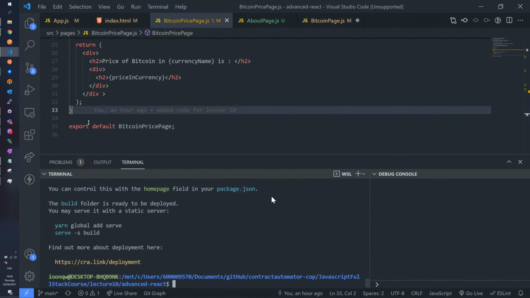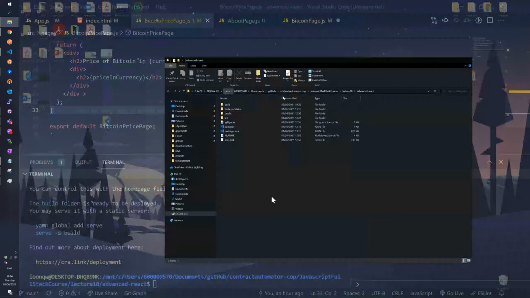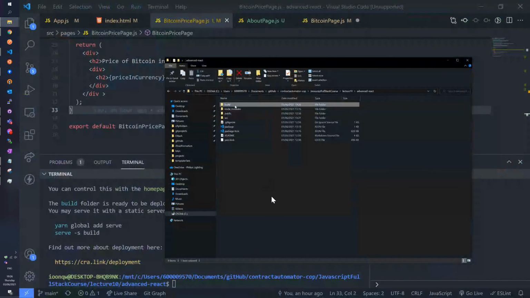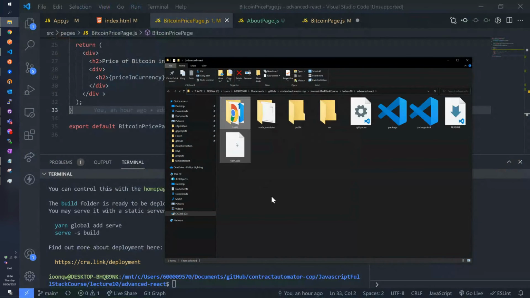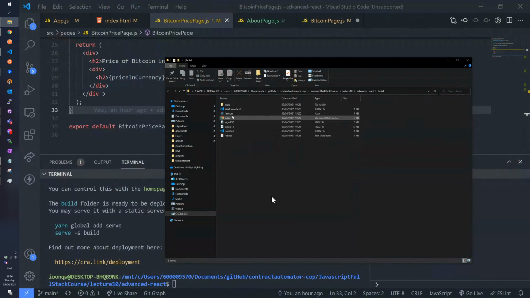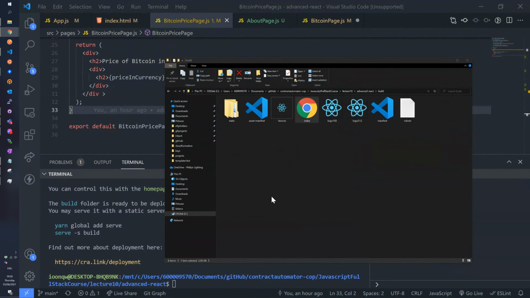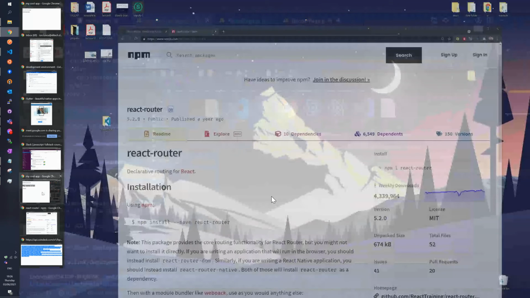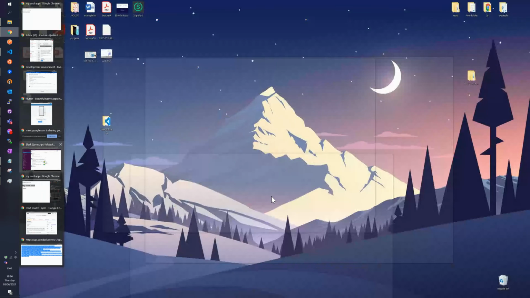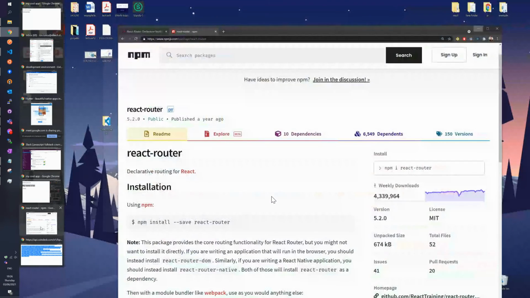So what happens now? I go to the folder of my project, and this folder wasn't there before. The folder called build. Inside the folder called build, if I go inside it, I see several files. I see an index.html. And what happens now, I should, one second, I lost one of the screens. Give me a second.